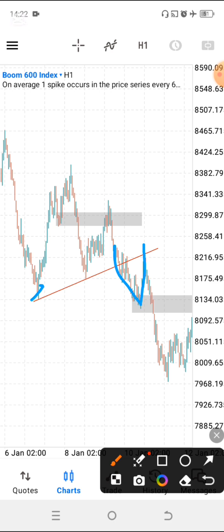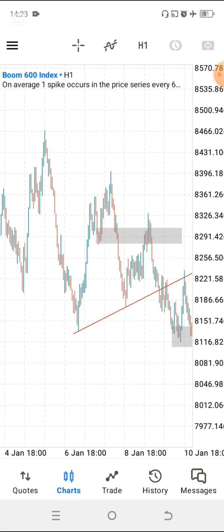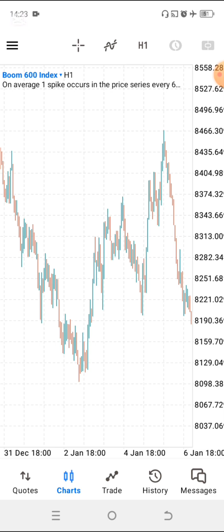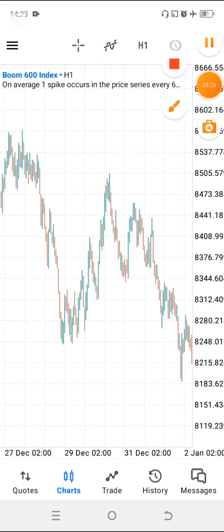So this was a support over here, we connected them, right? And this one failed to respect this support, and we've got a breakout, right? And over here, when it tested this, it continued going down. Why? Because we had a breakout and a retest of that, right? But unlike support and resistance, trend lines also usually work when you are even in the same trend. Why? Because they are already showing the same trend, right? So we didn't get a pullback to that over here, but you can even use them as your support and